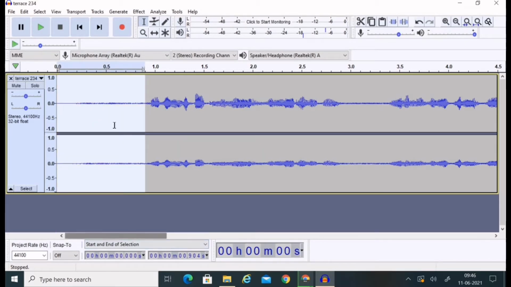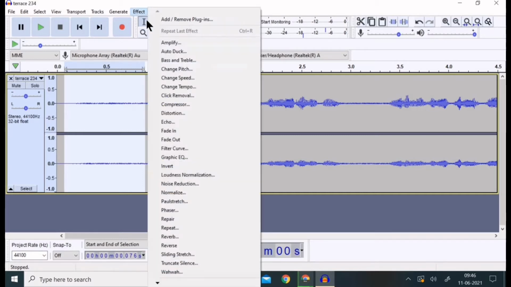What we are going to do is, first we have to reduce the noise. Then if there is not much amplification or if there is variation in voices, then we have to amplify. These are the two steps we are going to do now. These are the two steps that are required for most of the videos, but there are other effects too.